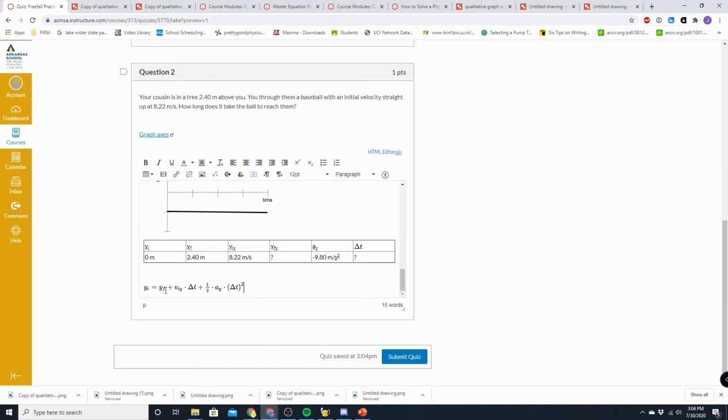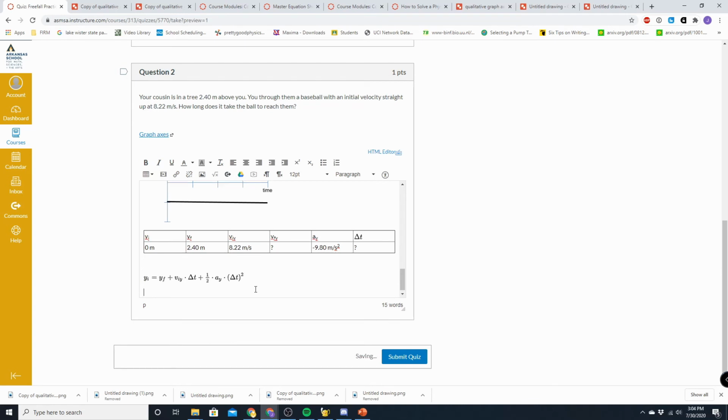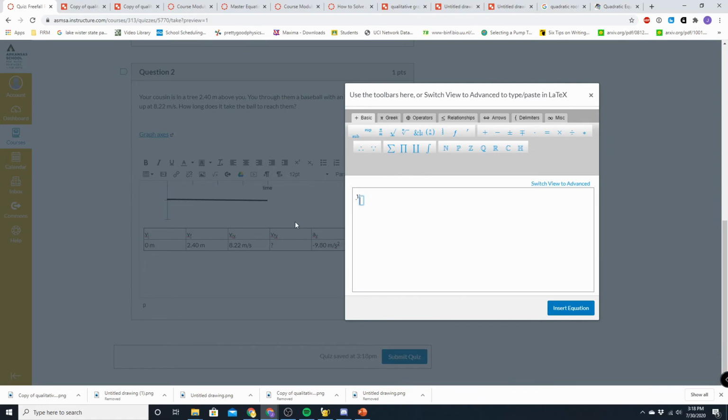See, it figured out that was supposed to be a subscript. Okay. Now, what we're going to do is we're first going to arrange it in the way we need for a quadratic to be solved. And that means we're going to get everything over to the left-hand side. The way I'm going to do that actually is to subtract the yi over and then just flip the equation around. So the way that's going to look, we're going to put in our equation yf,